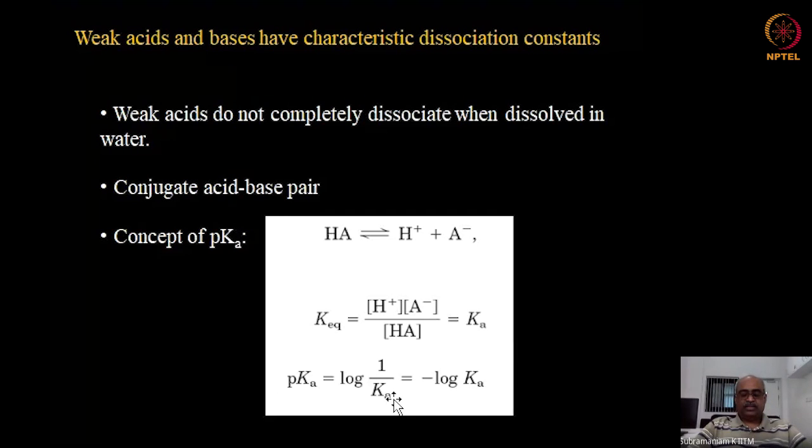In case of strong acids, 1 molar dissociates into 1 molar protons. Example, HCl. H2SO4, of course, 1 mole of H2SO4 will give 2 moles of protons,